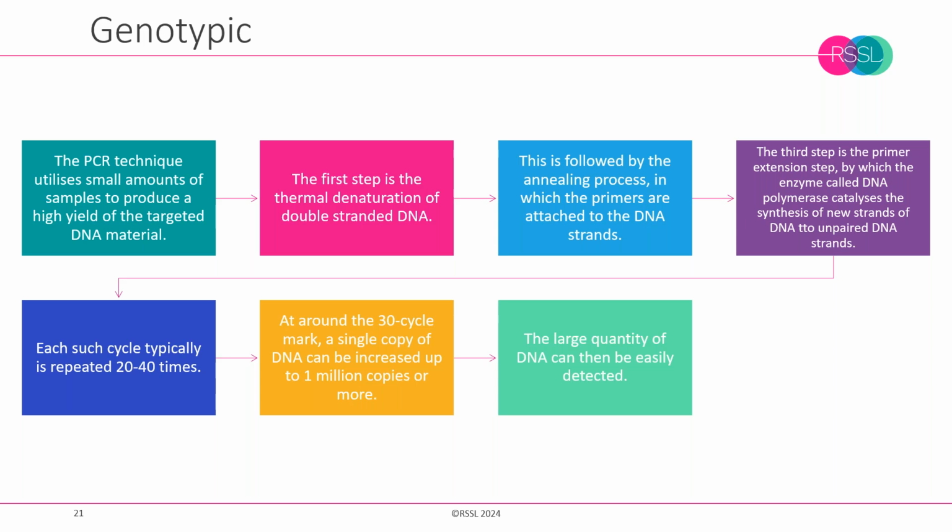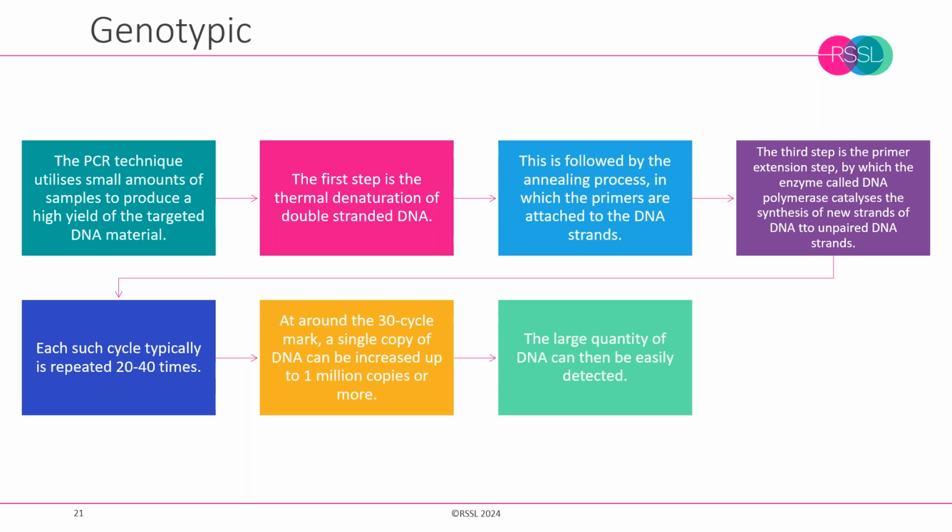So the first step is typically what's called the thermal denaturation of double-stranded DNA. So this separates two complementary strands and then prepares them for the annealing process. And at this point in the annealing process, primers are attached to DNA strands. The third step is then the primer extension step, where an enzyme is added, and this catalyzes the synthesis of new strands of DNA by adding